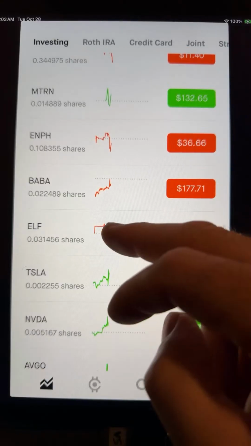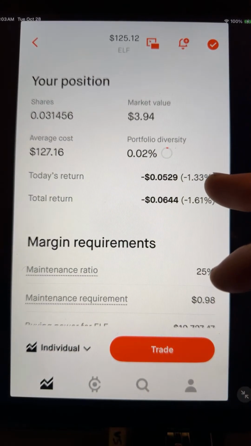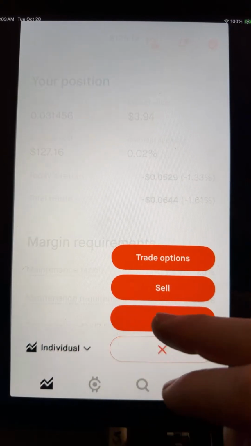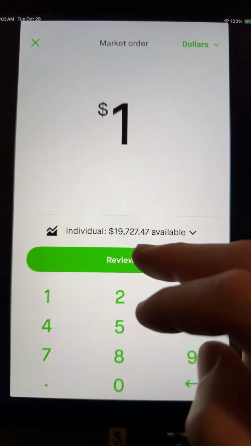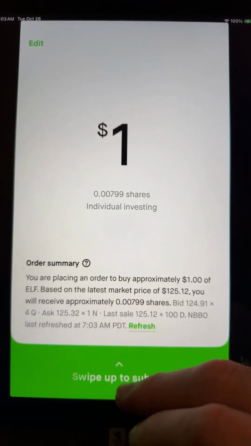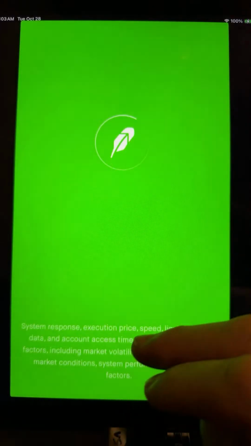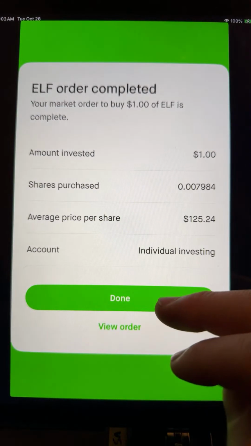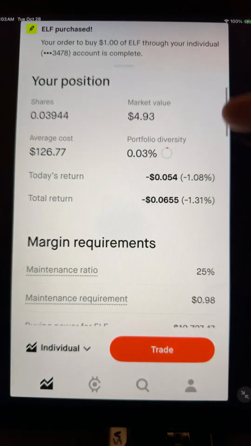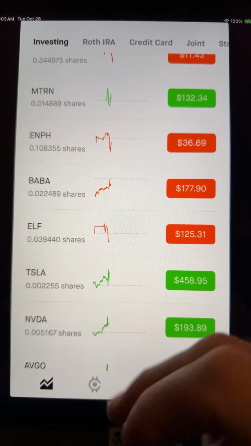Let's see, Tesla, Elf. I just collected some profits on this yesterday, but I gotta add a tiny bit more. You gotta support the elves. You gotta make sure you pay the elves. They're Santa's helpers. They need help, so Santa will be happy, and you won't be on Santa's naughty list if you help the elves by tipping them and paying them for their work. So I think that's what I did. $1 for the elf. I think it's worth it. So next one,